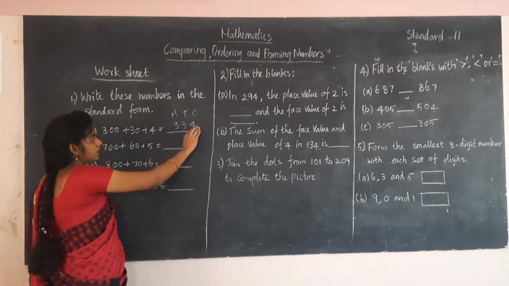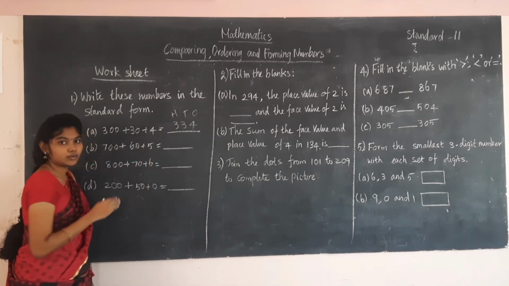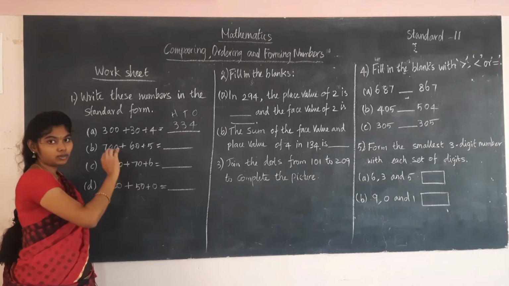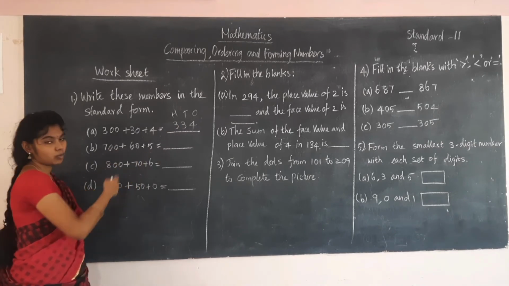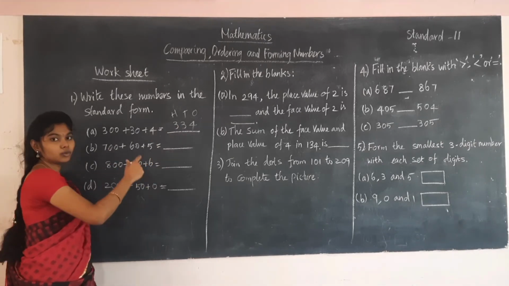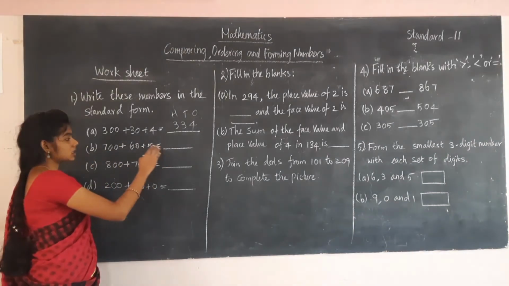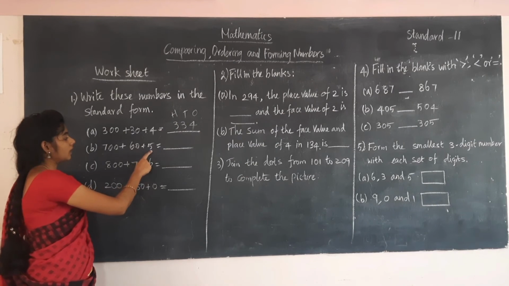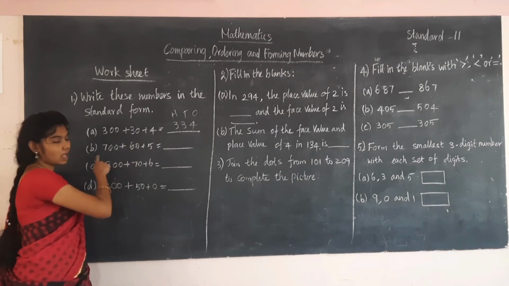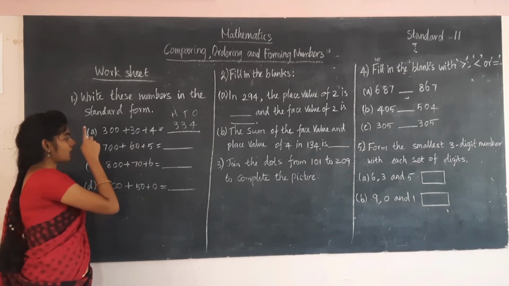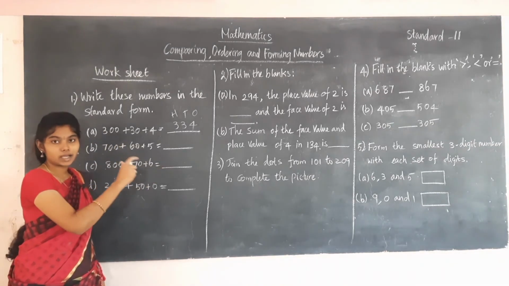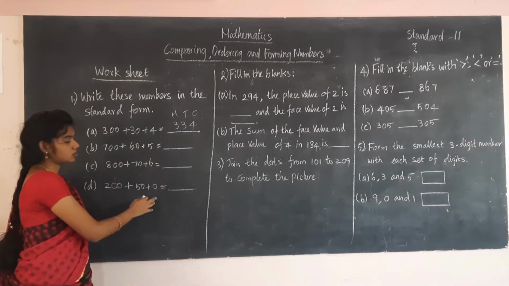That is, in the ones place, tens place and hundreds place. This is the standard form of a 3-digit number, and this is the same thing. First write the places if you need, or else you can write them automatically. So 5 in ones, 6 in tens and 7 in hundreds. You will get the answer as 765. That is what is meant by standard form. Do these as your homework sums.